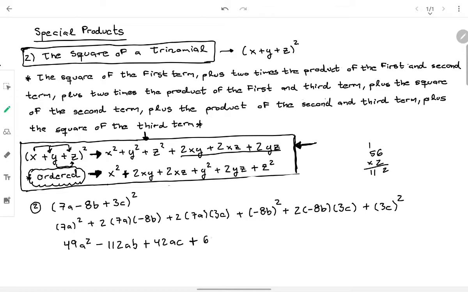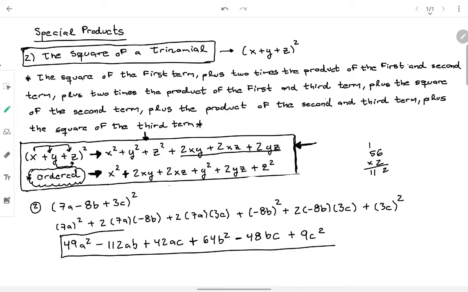It's going to be 64 b squared. Then it will be minus because it's plus multiplied by minus multiplied by plus. 2 times 3, it's 6, times 8, it's 48 bc plus 3 squared, it's 9, c squared, it's c squared, and this is going to be our final